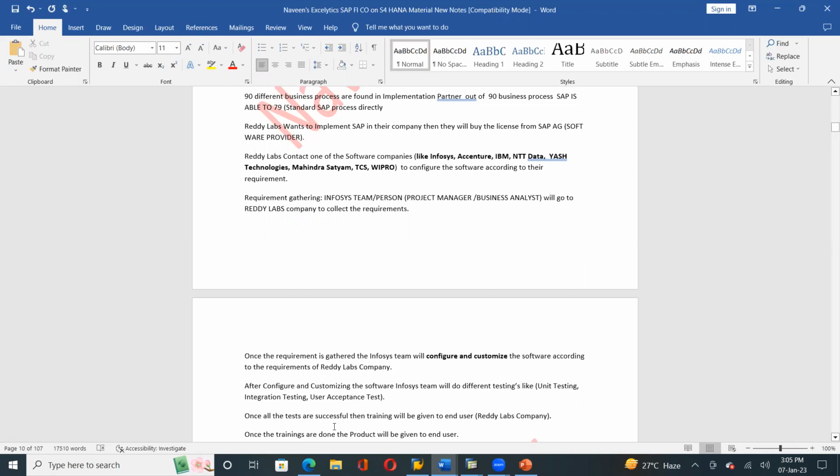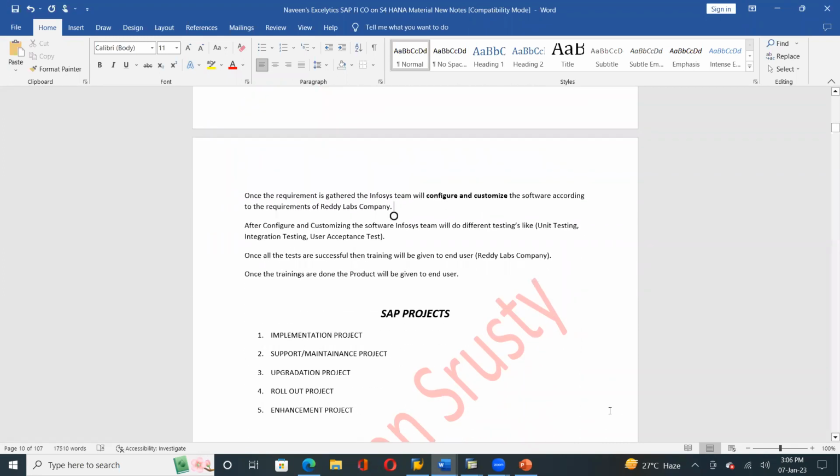Once all the tests are successful, everything is fine. So we have developed the complete thing. And after that the testings will be done: unit testing, integration testing, user acceptance testing, and everything is perfectly working. Then the product, the software, will be given to Ready Labs, means the production system. We are going to talk about what the different systems are. So before moving to the production system, Ready Labs